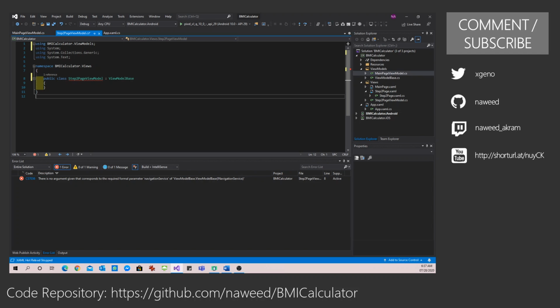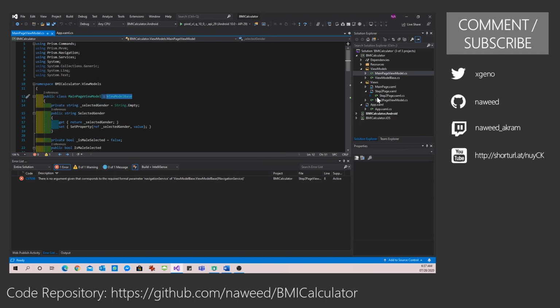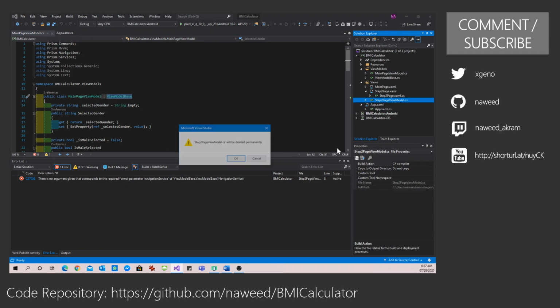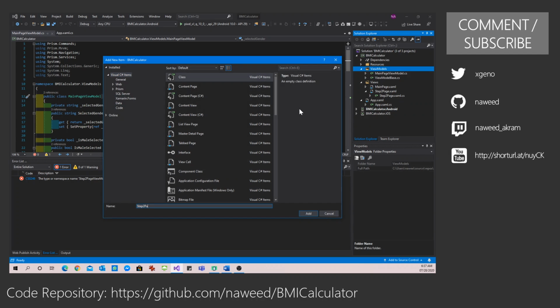Where did I add this view model? I added it in the wrong place. Let me delete this. It has to be in the view model. Step 2 page view model.